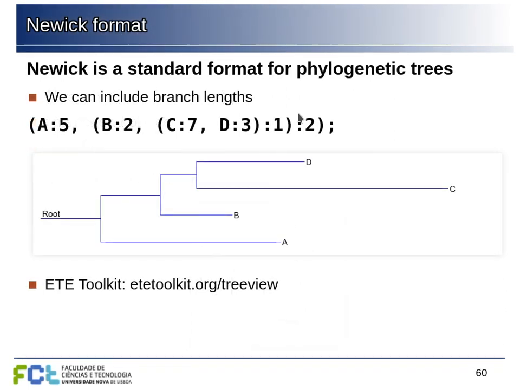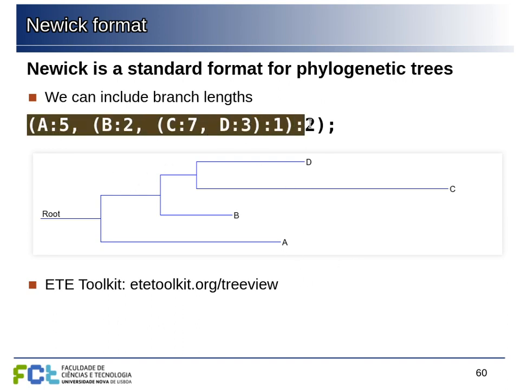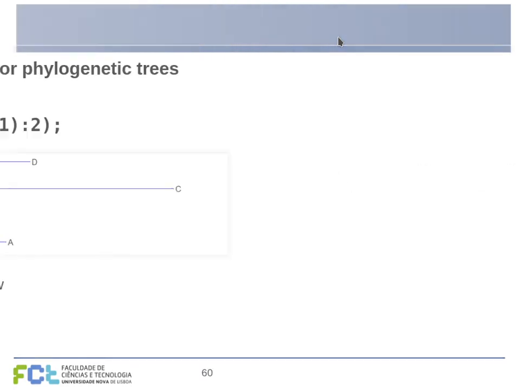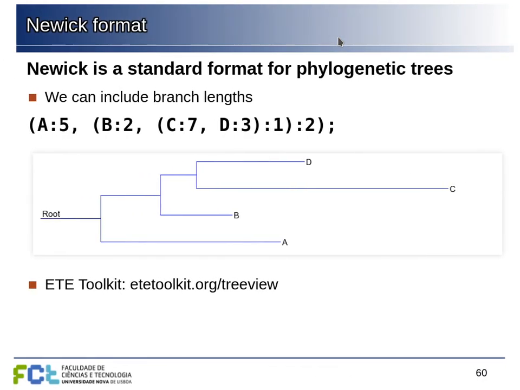We can include information about the length of the branches if we add it here. So in this case, we could have different lengths for the different joinings of these branches. And we can just have this in the text file. So formally, it will end on this semicolon, although some of the viewers, for example, this ETE toolkit, I think it can accept, if you only have one tree, you can omit the semicolon there. But this is the general format that we can use to store the tree. And also, if you go to these sites, you can use them to create a graphical representation of the tree.